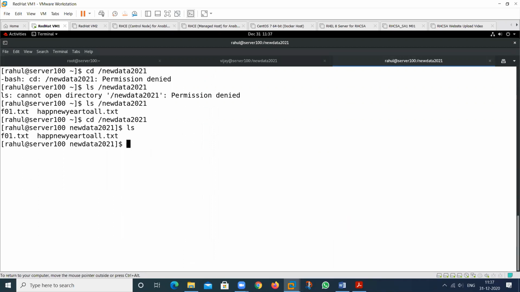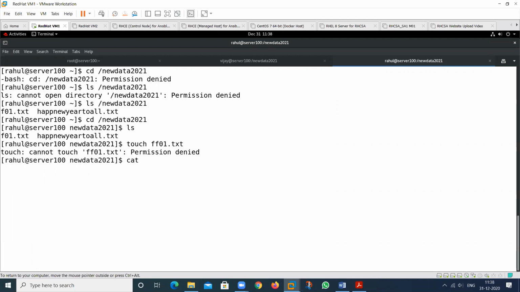We can also do ls, and we are trying to create some data. We are trying to create some files and folders. Then see the result, ff01.txt. Now I am not able to create anything because you have no write permission on that particular directory. You can just come in, view, and ls, just these things.